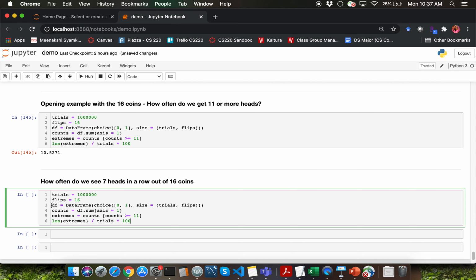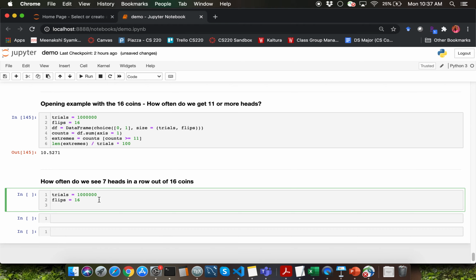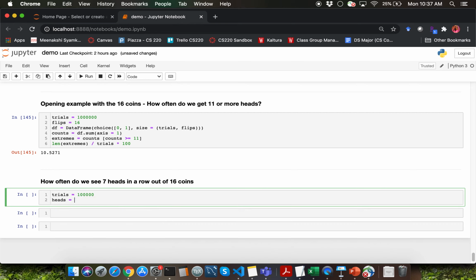So I'm going to repeat the number of trials as 10,000 instead of million here. Instead of defining a flip count, I want to be able to explicitly say 7 heads in a row, correct? I can first of all define 7 heads in a row by defining a string of 7 H's.